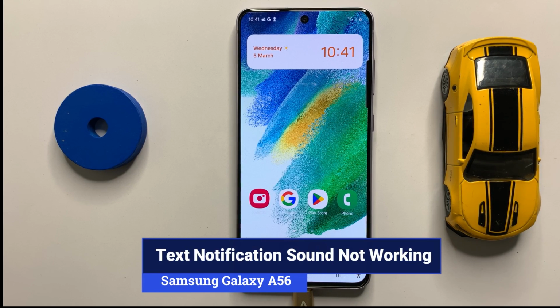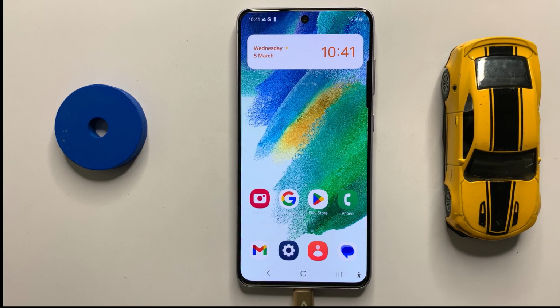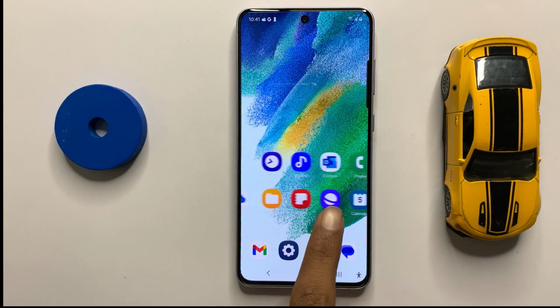What's going on everyone? In this video I will show you how to fix Galaxy A56 text notification sound not working. So let's start the video. First of all,